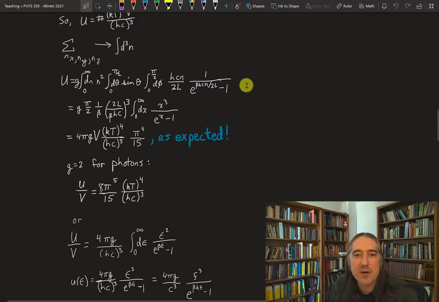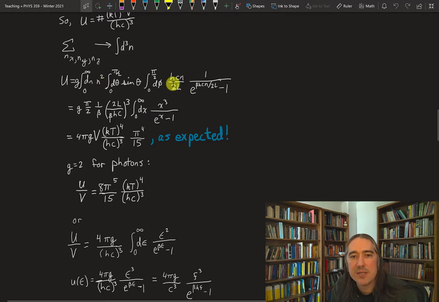And then I'm going to change variables here. I want all of this mess that's up in the exponent to be my variable. So this looks almost like it. I just need to add a beta up top, so 1 over beta outside. And then I've got 2 more n's and a dn, so I'm going to need 3 more copies of this normalization constant, right? And now I can turn this into an integral from 0 to infinity over x rather than n, so 0 to infinity dx.